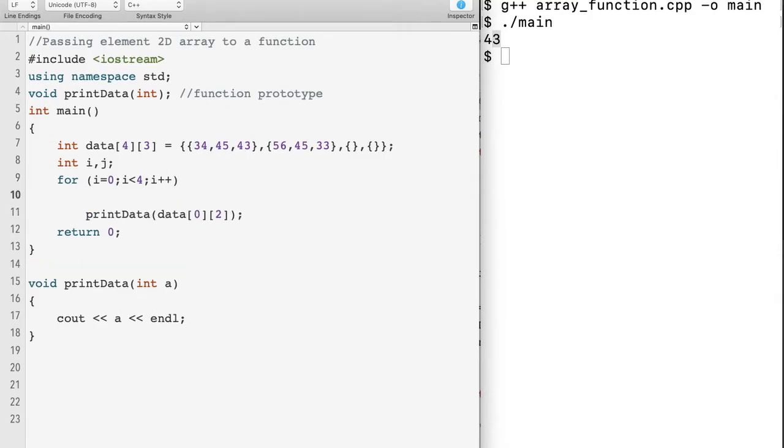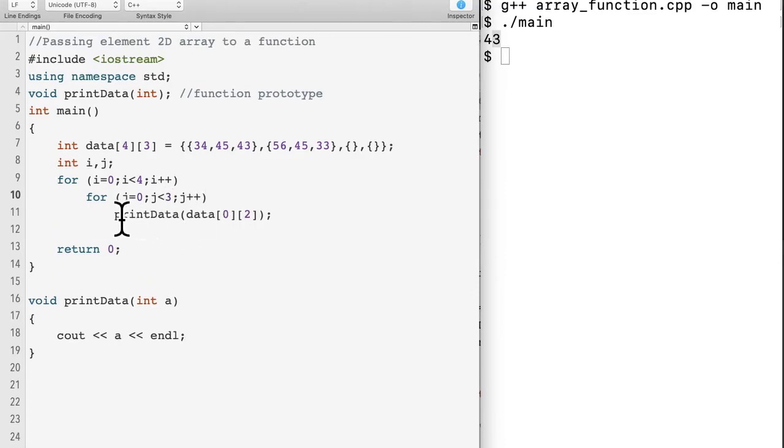Then we go to the inner loop, which loops over the columns: j equal to 0, j less than 3, j plus plus. So you have a nested loop here. The outer loop represents the rows, and this one represents the columns. So you will loop the columns and then go to the next row, and loop again, until the end of the elements. And you need to change here also, so you need to change i and j so it refers to each element in this data array.